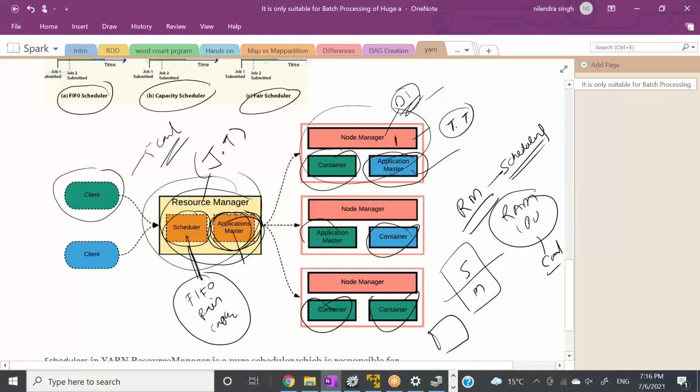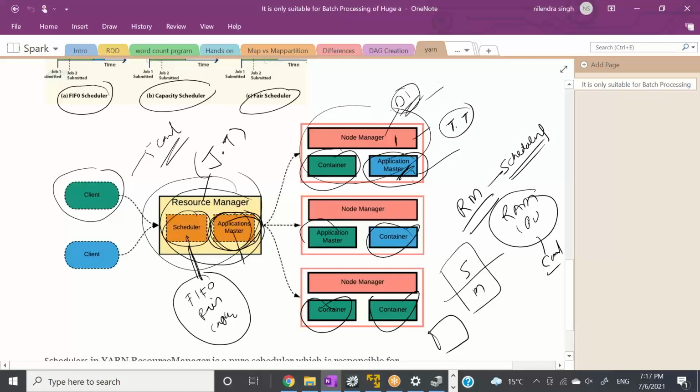And it shares the information with this application master. That okay, now please be quiet. I have created these 5 containers for you. Please be happy. Now it's your responsibility to use these containers in your own way. I have nothing to do with it. If you want to run a movie, you can run a movie. If you want to run a word count program, it's up to you.